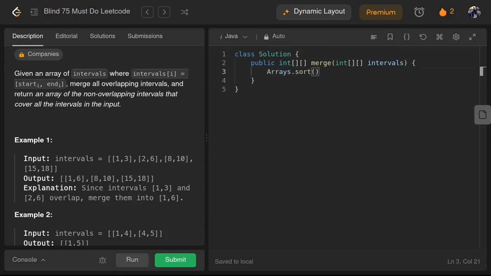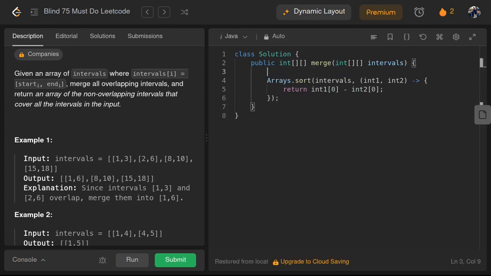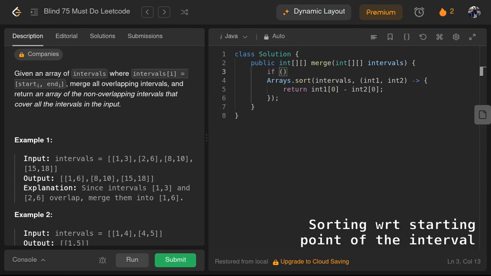Arrays.sort, and I'm sorting these intervals based upon, let's suppose we have int1, or okay, I'm saying int1 and int2, and within these two intervals I want to return int1 of 0 minus int2 of 0. So have we sorted this, and prior to using these intervals, let's make sure that intervals is not equal to null,